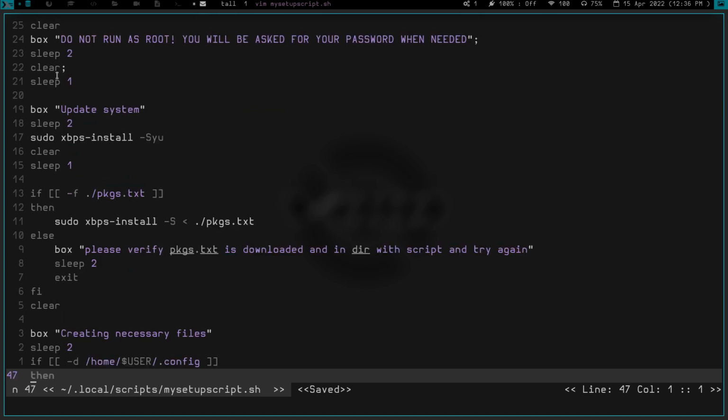And then next it's just going to print that box function, and it's going to give you a warning. It says do not run as root, because we are going to be doing stuff in the home directory. So if you run this as the sudo user, or as root,